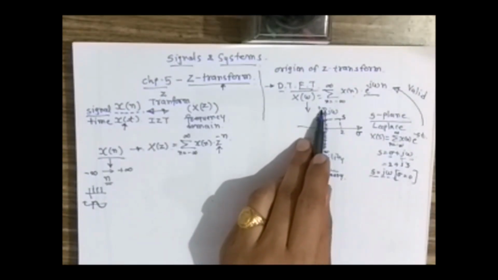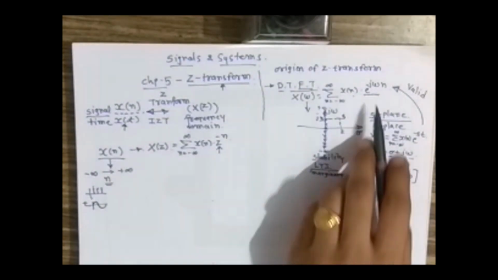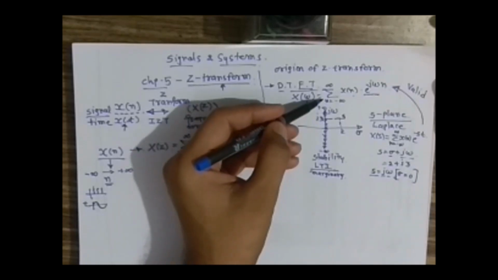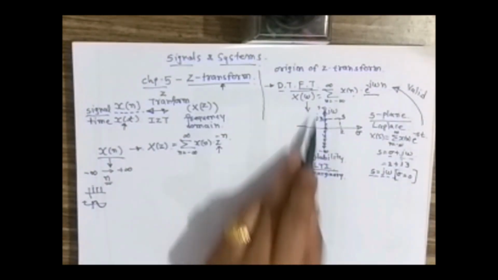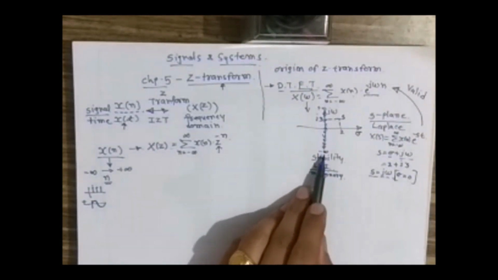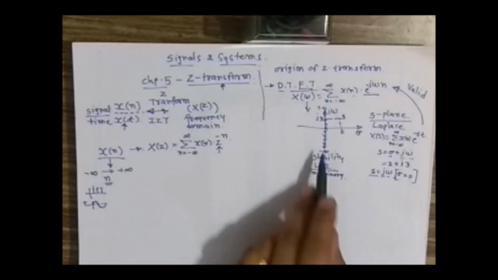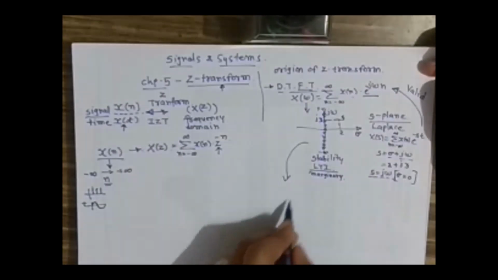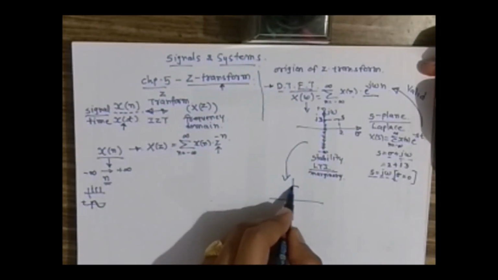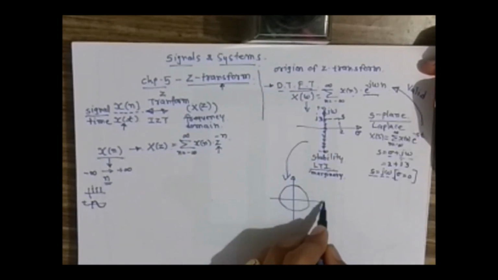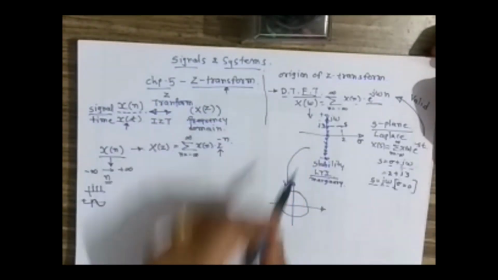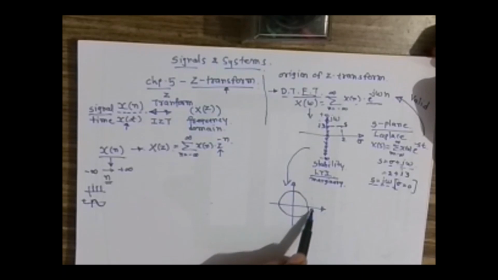Now let us consider combining plus infinity and minus infinity, because we move towards the infinite side, both minus infinity of the j omega axis and plus infinity of the j omega axis. For this purpose, if we combine the plus infinite range and minus infinite range in one circle, it is known as defining the complex domain in another domain. We are just converting this straight line into a circle, so it is now a circular path on the same complex domain. So instead of a linear motion, we are converting into a circular motion with 0 to 2 pi,